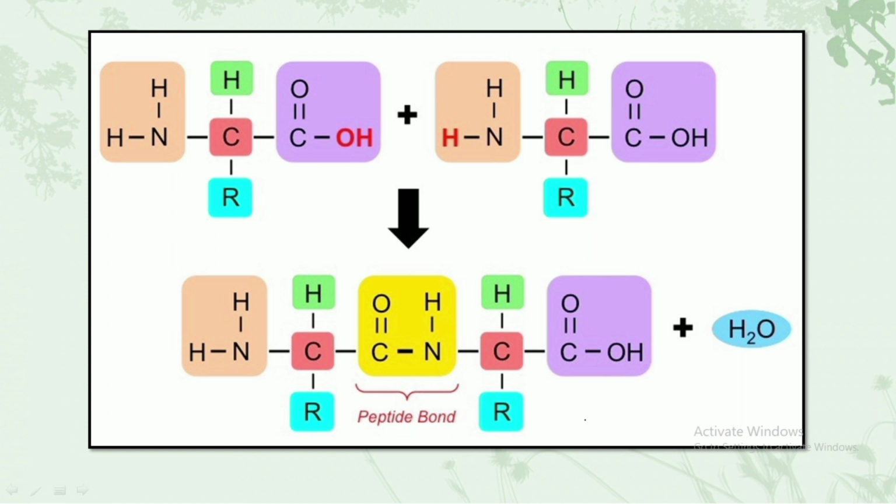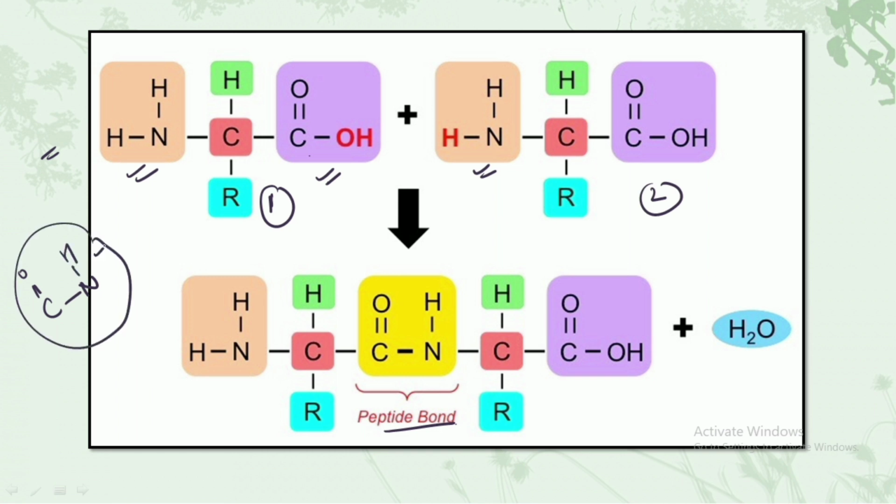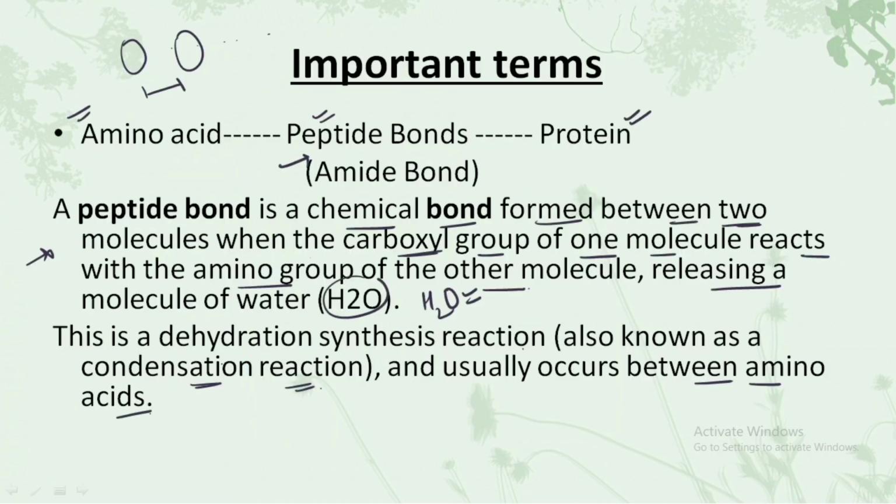Now let's understand how a peptide bond is formed. We have just discussed that on one side we have the N terminal and on the other side we have the carboxyl terminal. The carboxyl terminal of the first amino acid and the N terminal of the second amino acid interact together in order to form a peptide bond, and a peptide bond looks like this, which is C double bond O N H. This is what a peptide bond is all about, and with the formation of the peptide bond we have the release of a water molecule as an end result. Hence it is a dehydration reaction, as we have just discussed.